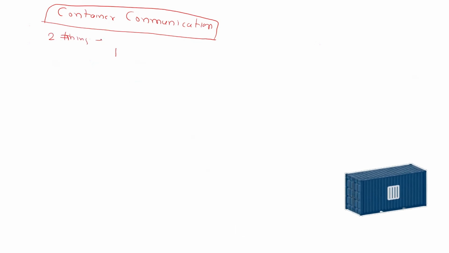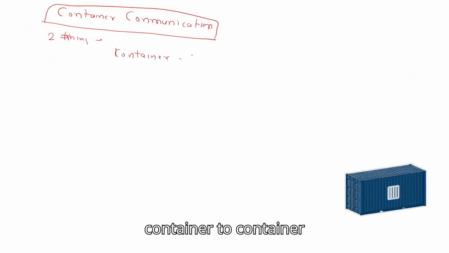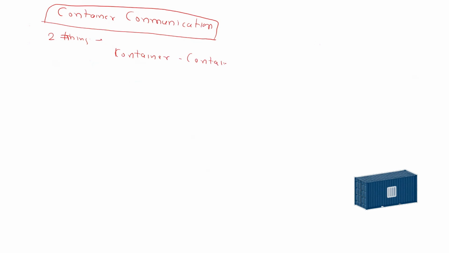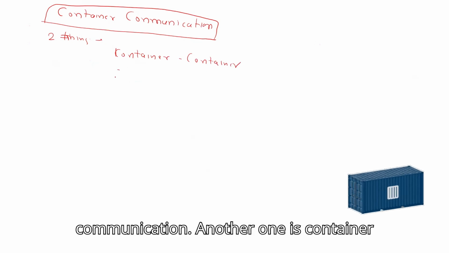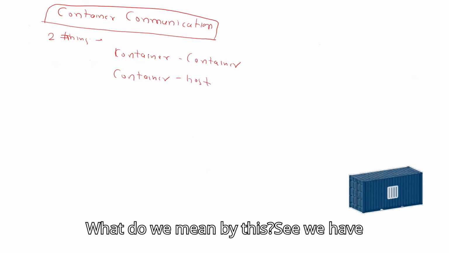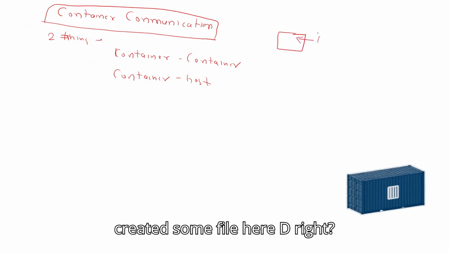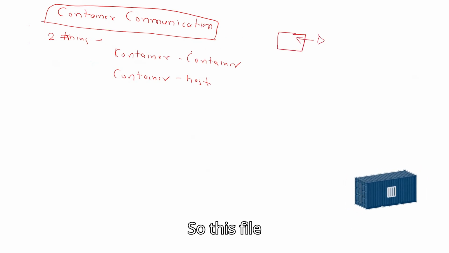One is container to container communication. Another one is container to host communication. What do we mean by this? See, we have created some file system here. I have created some file here, D, right? So this file,